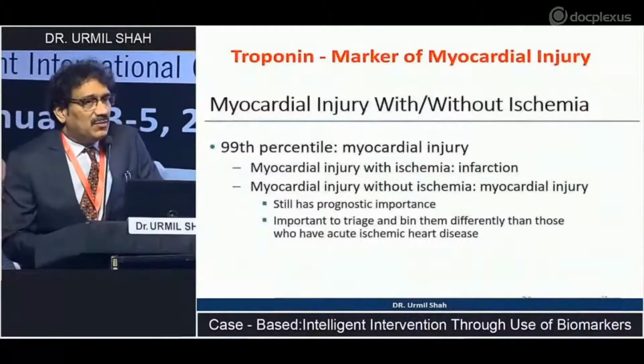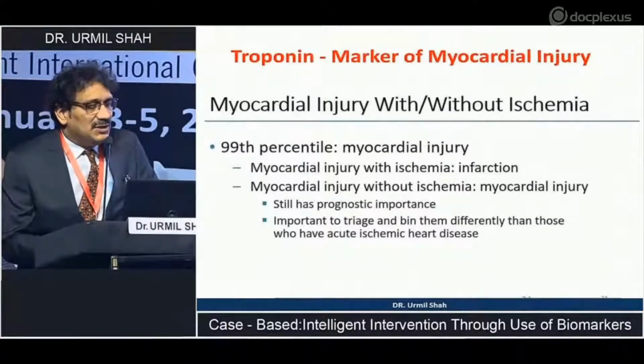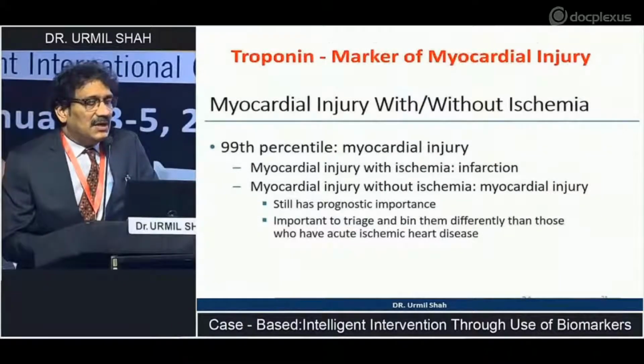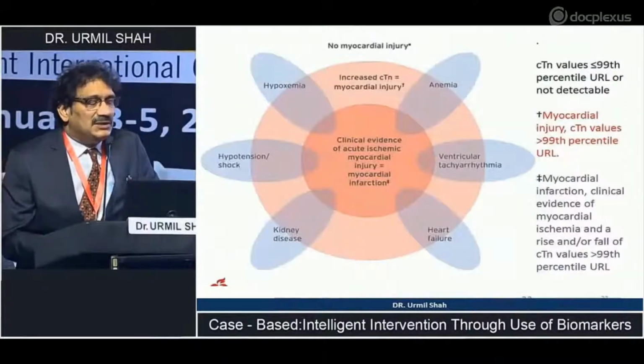Troponin also is a very important marker. We all know that it is because of myocardial injury. Myocardial injury can occur with or without ischemia. Myocardial injury occurring without ischemia also has a prognostic importance. Suppose the myocardial injury is not there, then